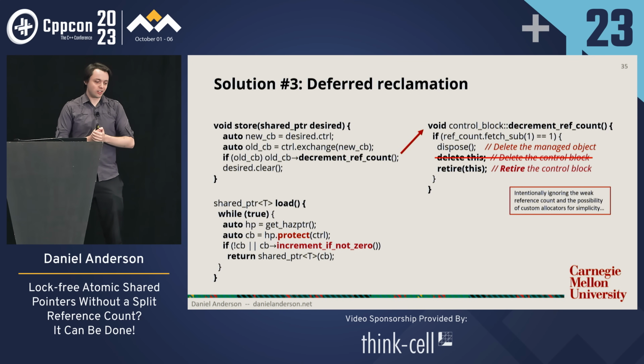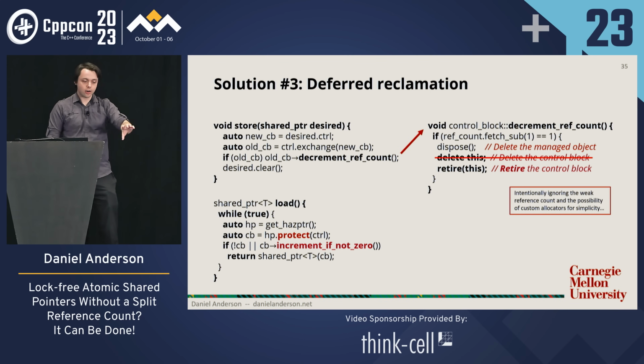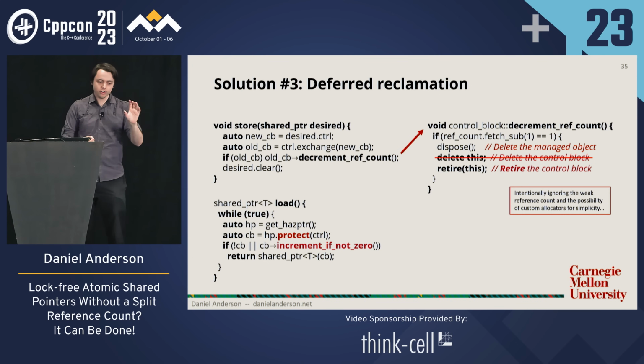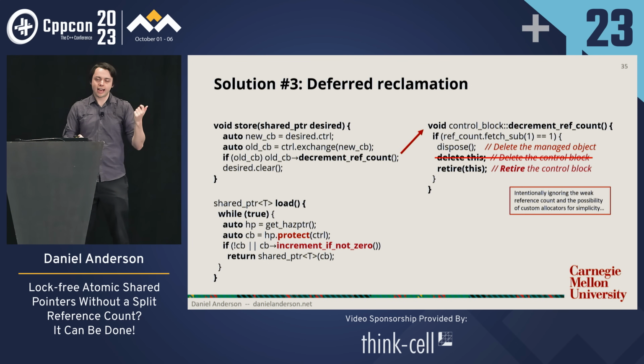So if you want to think about what if I just defer the dispose as well, you should watch my last year's talk on YouTube, because it is exactly that algorithm where we defer more stuff. All right, so this algorithm in particular, we don't actually defer the dispose. And the reason is because then we wouldn't truly have the API of an atomic shared pointer, which says when you destroy the last copy, I want the ref count to hit 0, and I want my object to be